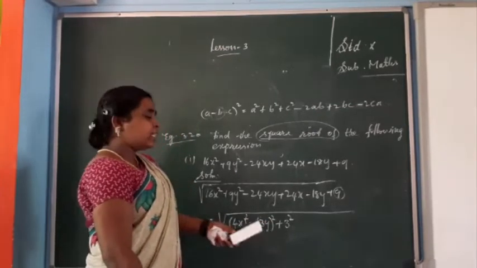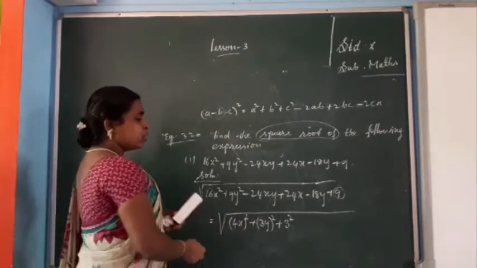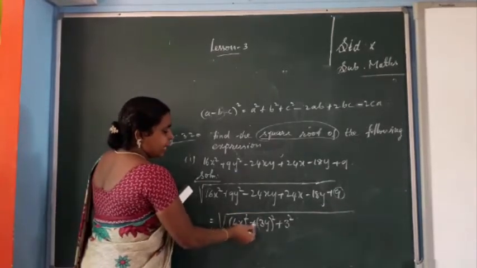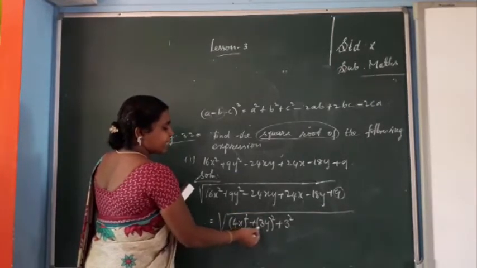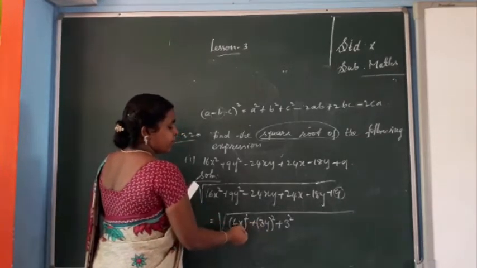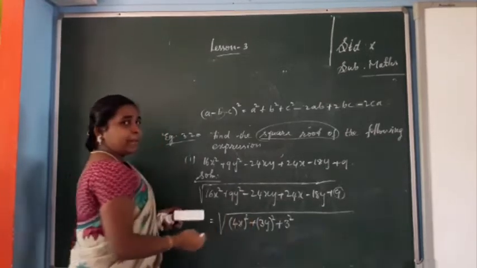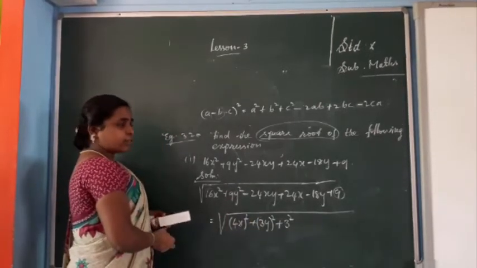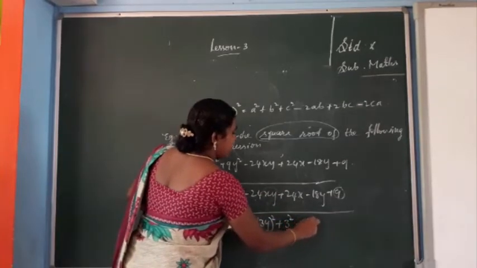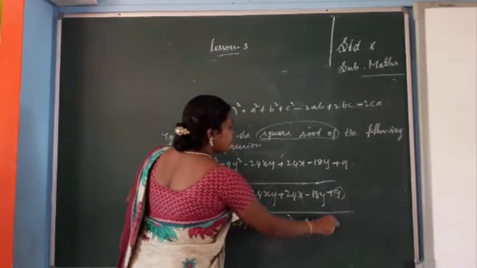Next I need the 2ab, so maybe positive or negative; that's what we can see next. ab means in a one x term, in b one y variable is there. So if you are multiplying, ab means anyway you get one xy term. If the xy term is there, you write next 24xy. This is 2ab.